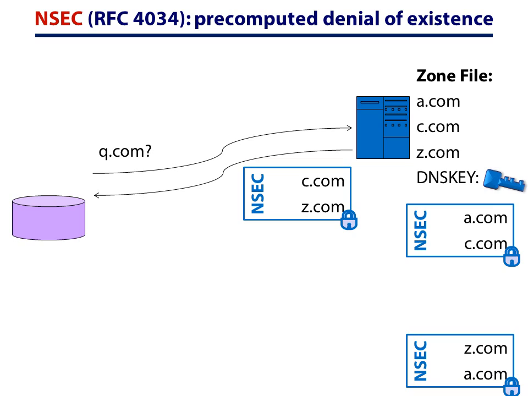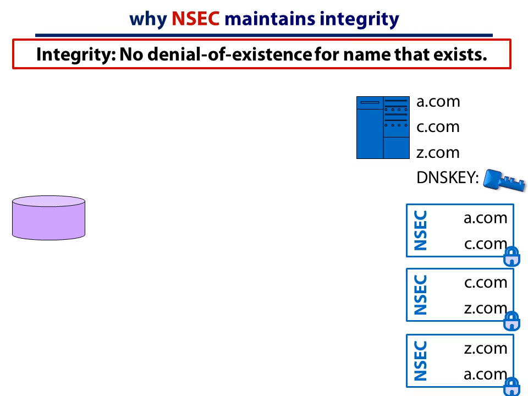So these NSEC records basically attest that there's no existing names between the pair of names on the endpoints of the NSEC record, and that's why this is the appropriate NSEC record to respond to this query q.com. So let's try to understand why NSEC maintains integrity. Okay, so integrity for us is going to be that an adversary here, let's say a man in the middle,